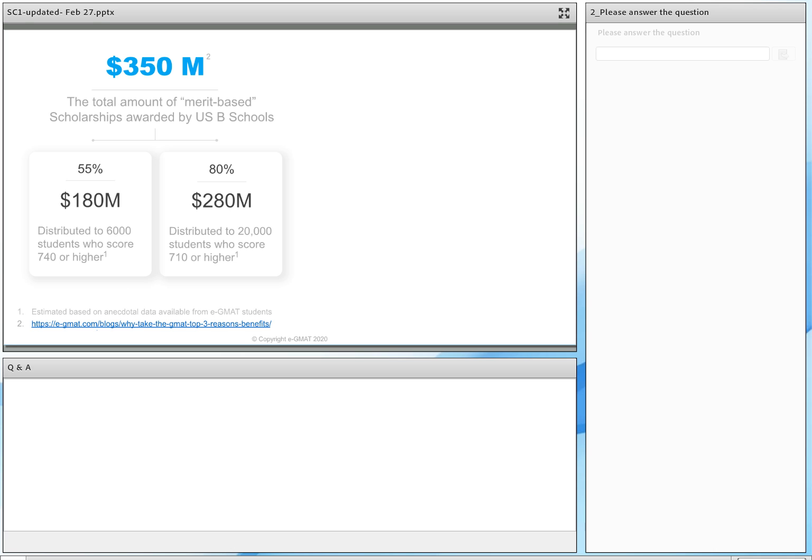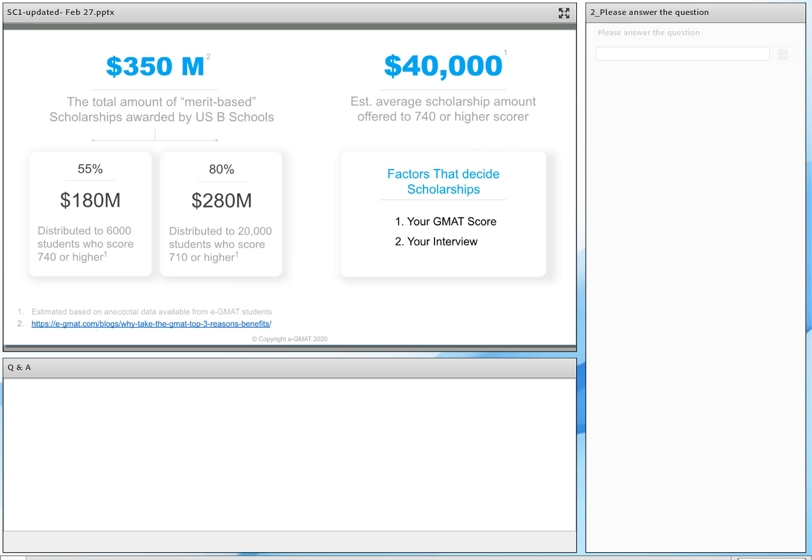or higher. Again, this is data that we have because eGMAT has about $45 million worth of scholarship every year. So we get enough of a statistical sample to make these inferences that about 55% of money goes to people who score 740 or higher. Pretty much all of it goes to people who get to that score of 780 or higher. Okay, which means if you do the math right,